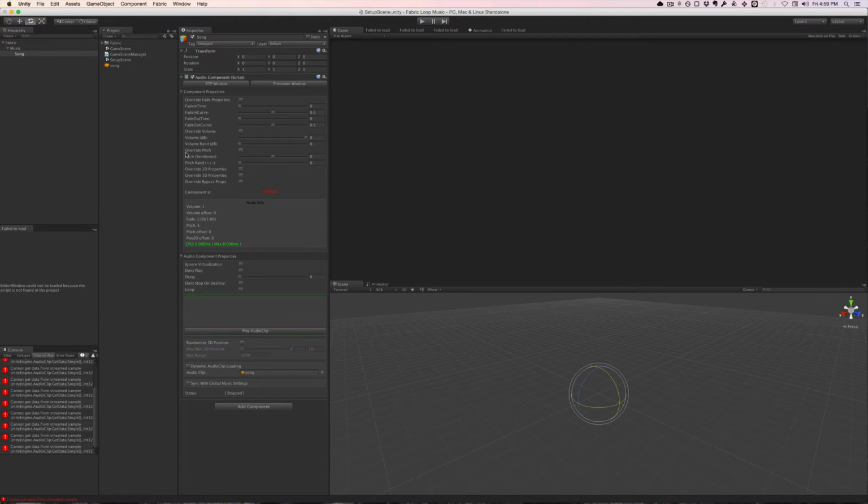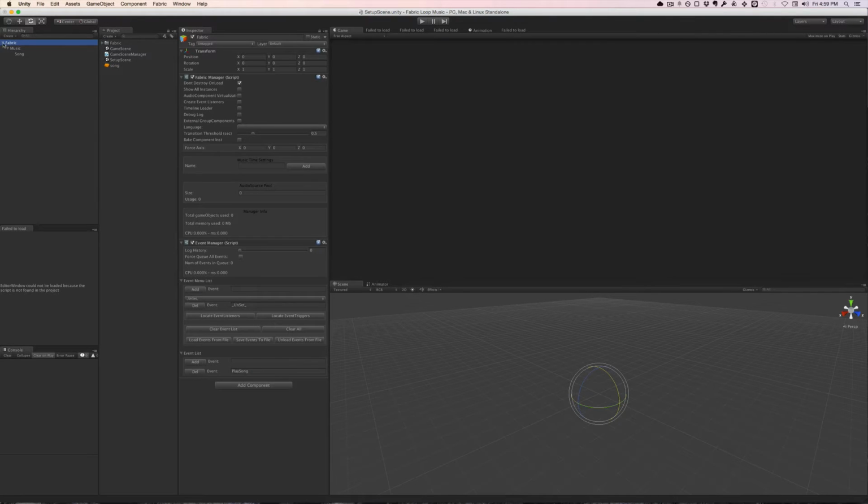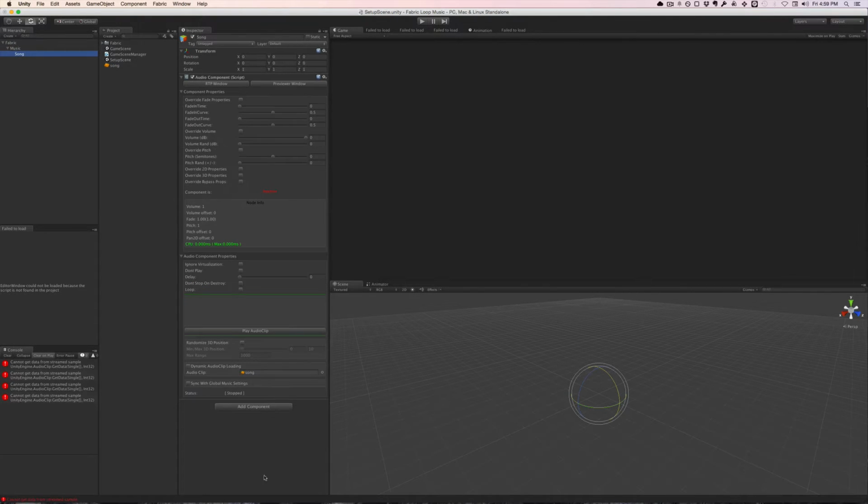Add your sound clip to the audio component. Now, I don't know what this is about. It's some stupid bug with Fabric, something to do with the format of the song. I'm not sure, but ignore it. Doesn't matter. Okay, so now we have this set up, and we also need one more thing with the